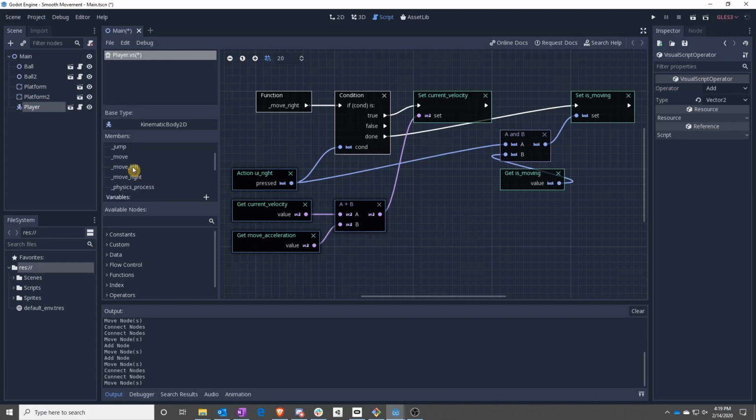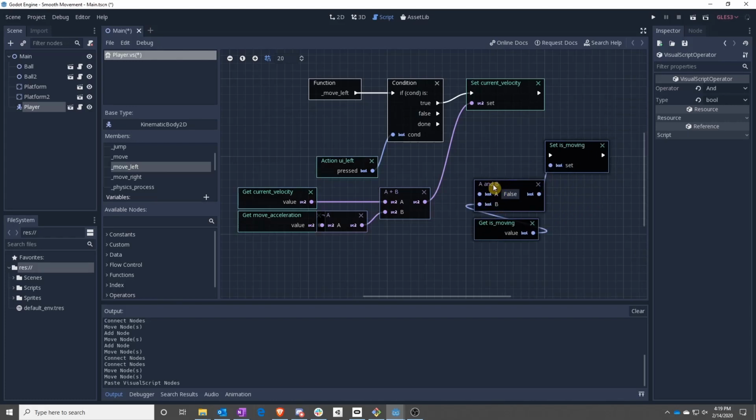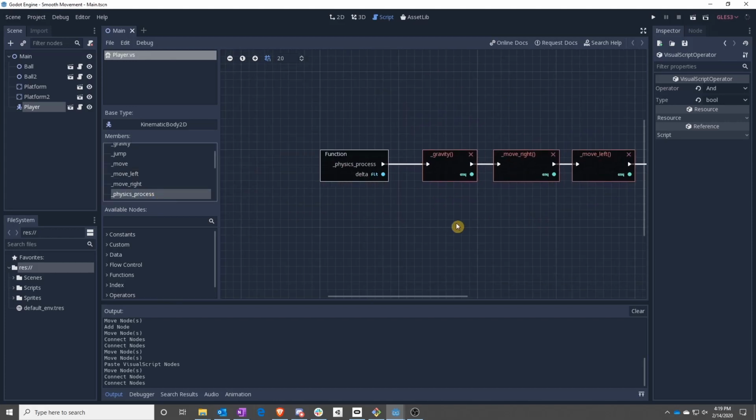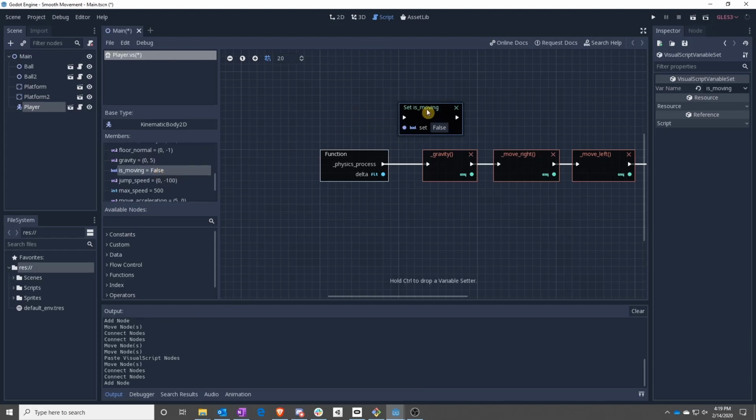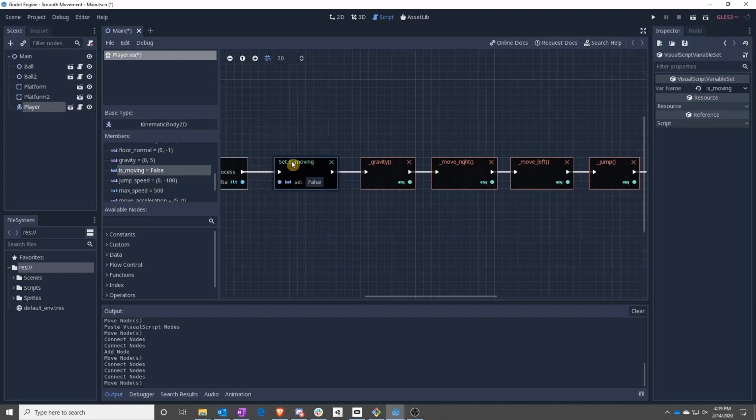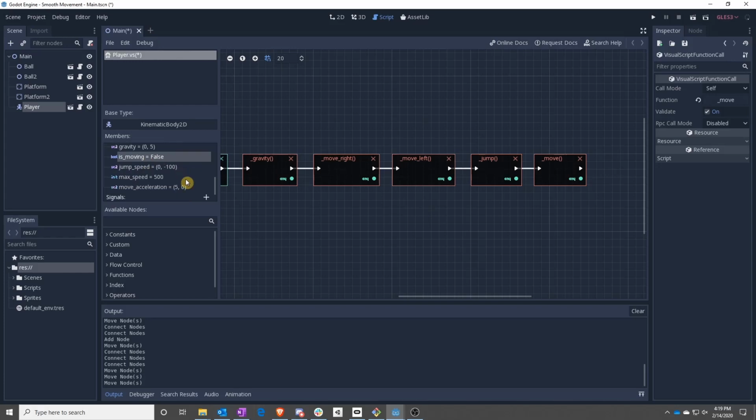We can go over to move left, do the same thing. Save, and then at the very end, I want to say, all right, isMoving needs to be set to false to begin with, so that we're only moving if we have one of our two movement keys pressed. And finally, when we get into move,